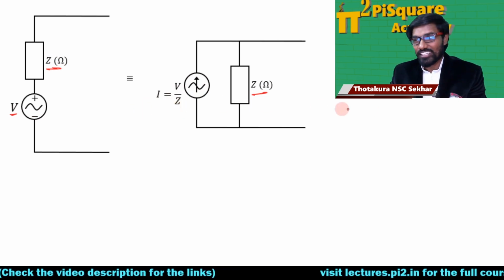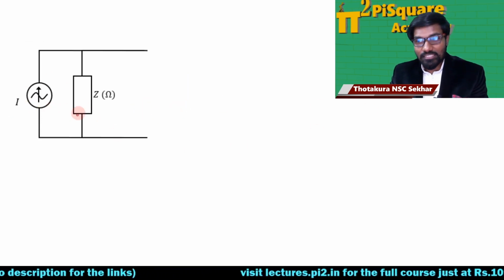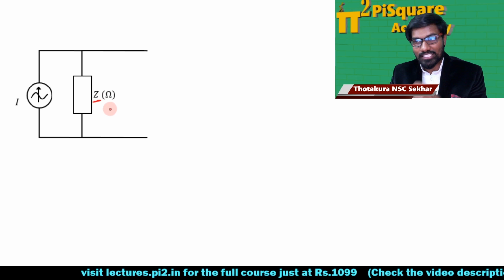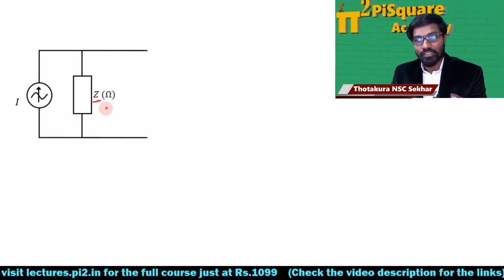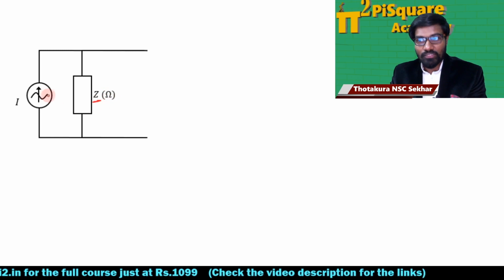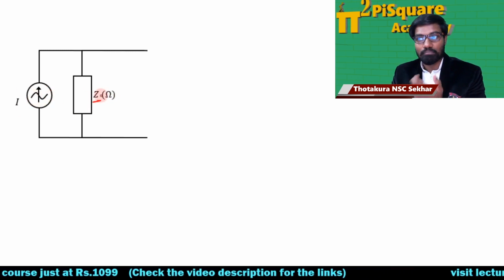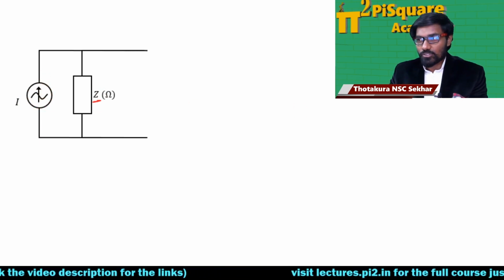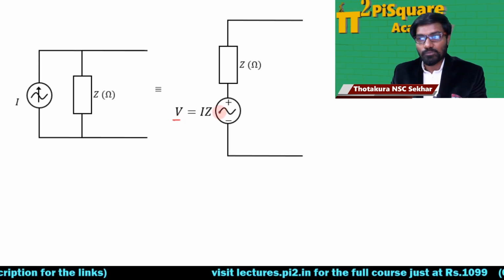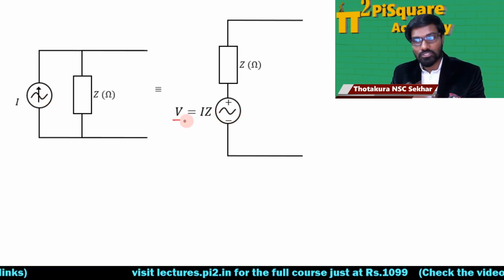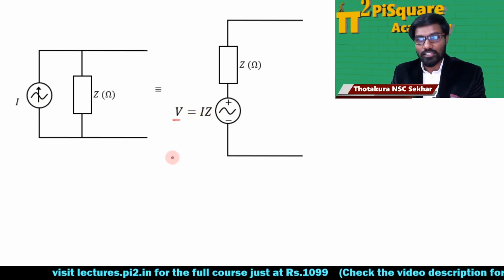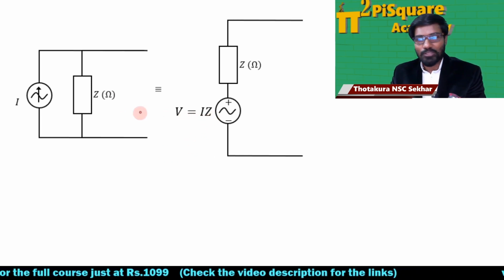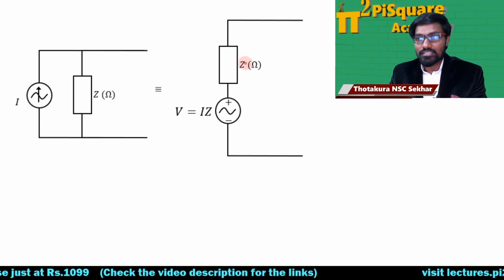That's it. Now what if we want to transform this into a voltage source? Again the same thing, Z may be resistance, inductance, capacitance, maybe a combination of RLC, but it has a unit ohm here. And this is an AC current source, because I'm taking impedance, that's why I'm talking in terms of AC. It could be DC also, it doesn't matter. In that case, I can transform this current source into a voltage source, V is equal to I into Z. Normally V is equal to IR if it is DC, if it is AC, V is equal to I into Z. Whatever Z value is there, the same Z will be here.